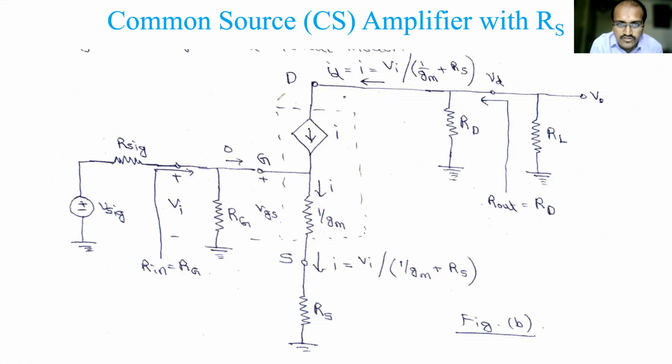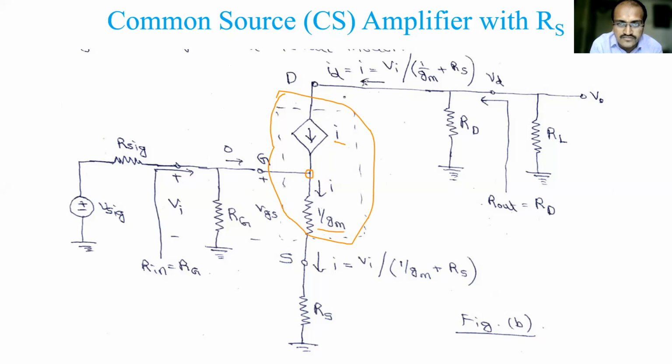Now this is the MOSFET equivalent circuit in the case of the T model. It will have a constant current source of value I, and a resistance of 1 by Gm. Gm means transconductance, and the reciprocal of transconductance means resistance. So that resistance value will be over here, and it is not in series. There is a node here, because of which it is like a parallel connection only.